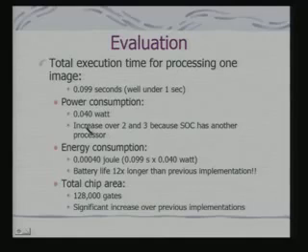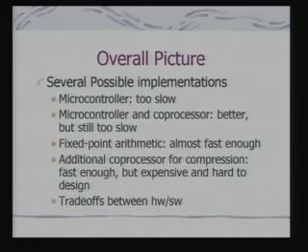So here the power consumption increases over 2 and 3 because the SoC has another processor. So the power consumption increases, but what is less is the energy consumption. Why? Because again the time goes down. So the battery life becomes longer. Total chip area is more because you are using another dedicated processor. So this is a kind of manual exploration of the design space. Now, we can also have a formal formulation of this problem.